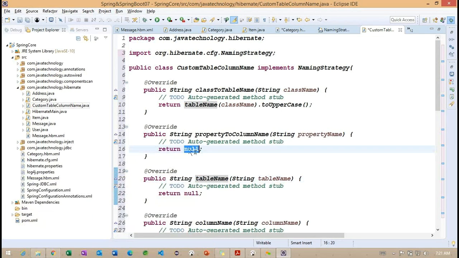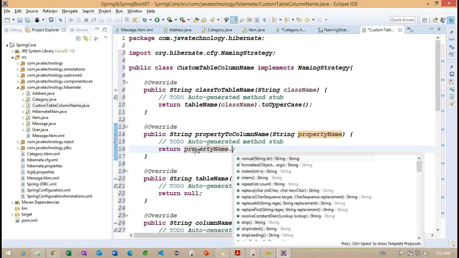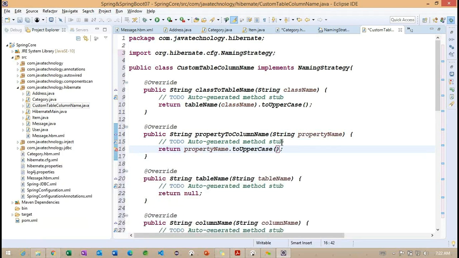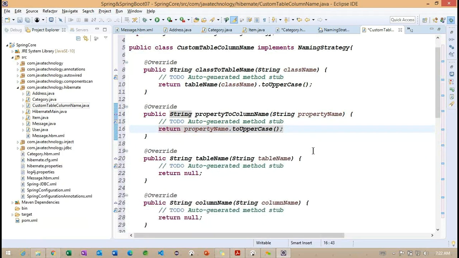In the same way, we want to call this particular property name. For this property, we don't want to make any changes here. We just want to make it uppercase.